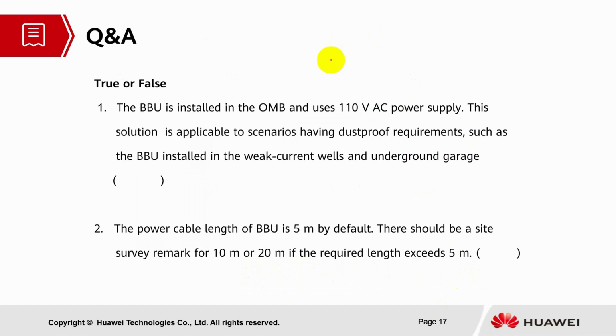Q&A session, true or false? The BBU installed in the OMB uses 110 voltage AC power supply. This solution is applicable to scenario having dust-proof requirements such as BBU installed in the weak current wells and underground garage. This statement is true or false? It is false. We are using 220 voltage AC, not